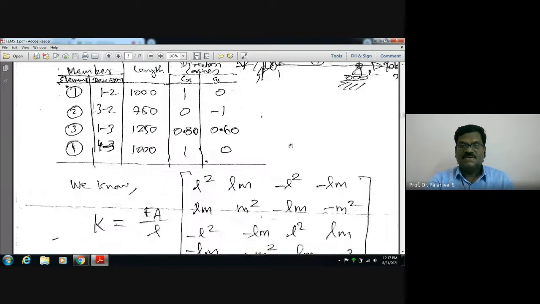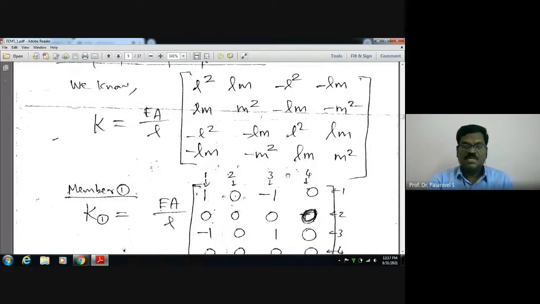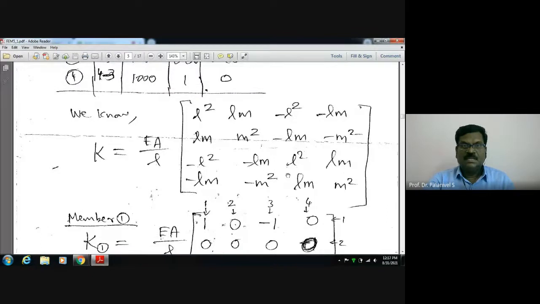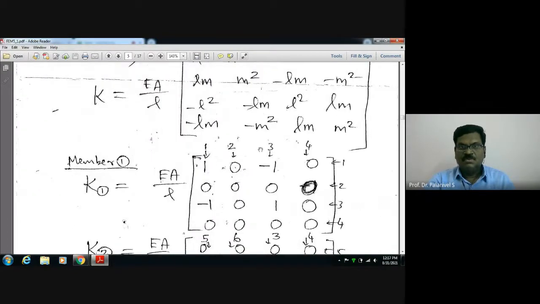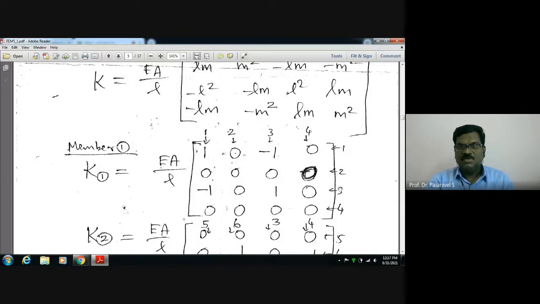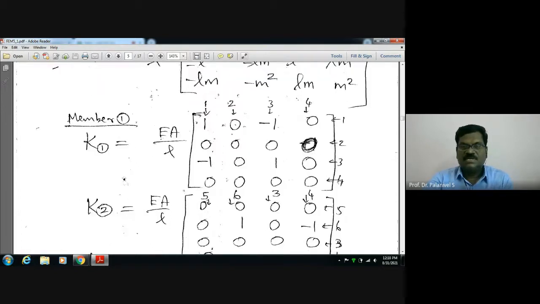Now you have to write the degrees of freedom here in order to assemble them. How do we write? This is the first element, with nodes 1, 2. So the degrees of freedom here are 1, 2, 3, 4. You write down 1, 2, 3, 4 degrees of freedom here. Similarly, in the vertical column also write 1, 2, 3, 4 with arrows. Later I will tell you, by referring to these degrees of freedom, how to assemble it. Wherever 1 1 is there, you have to sum them; wherever 2 1 is there, you have to sum it with that one. I will tell you that later.